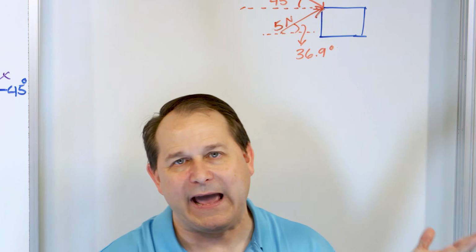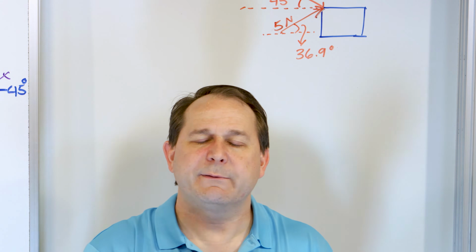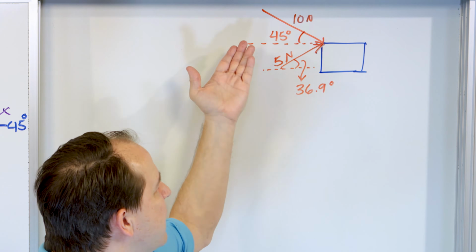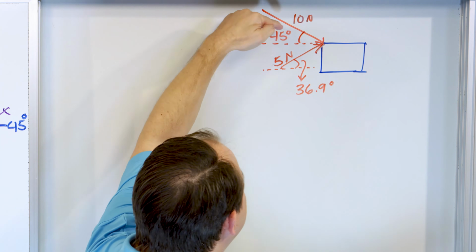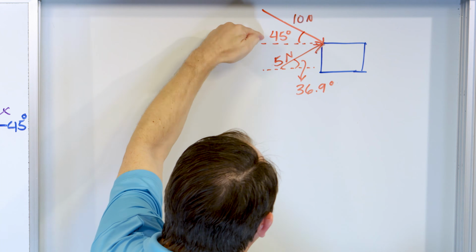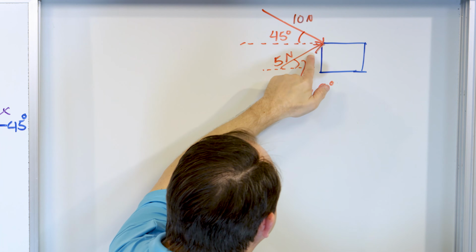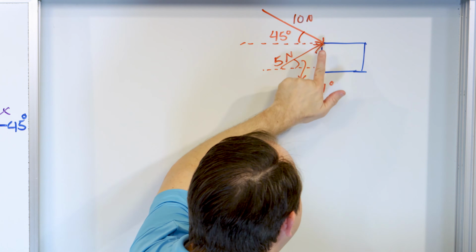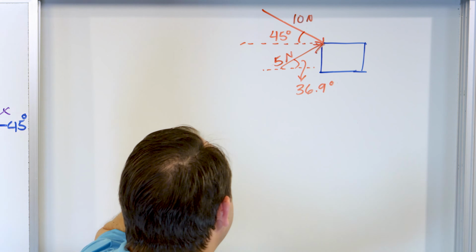How is this block going to behave? That's what we want to figure out. Well, it's going to be impossible to do without using components, right? We're not human calculators. So what we do is we break this force into its vertical component and horizontal component. We break it into its vertical component acting up, horizontal component acting to the right,